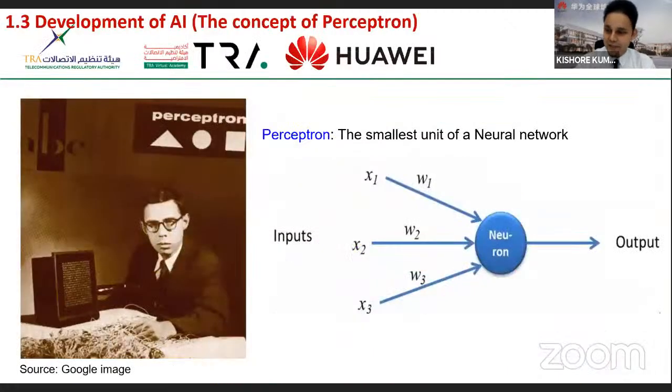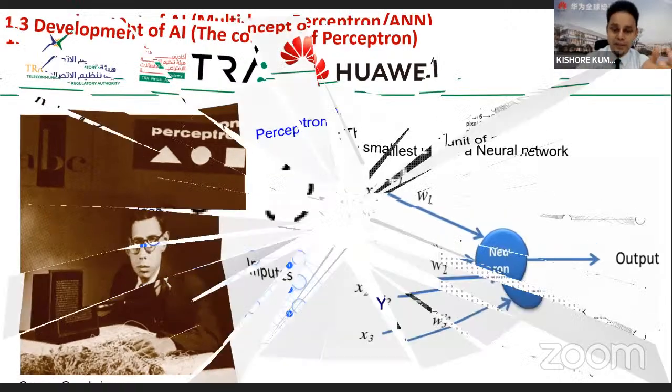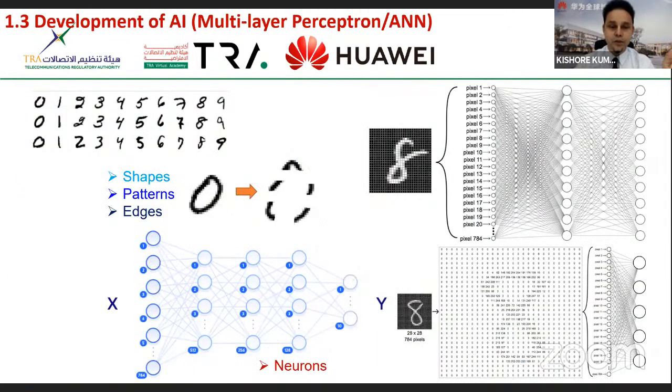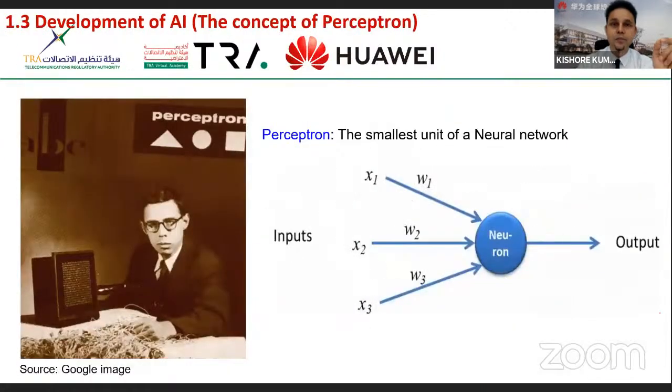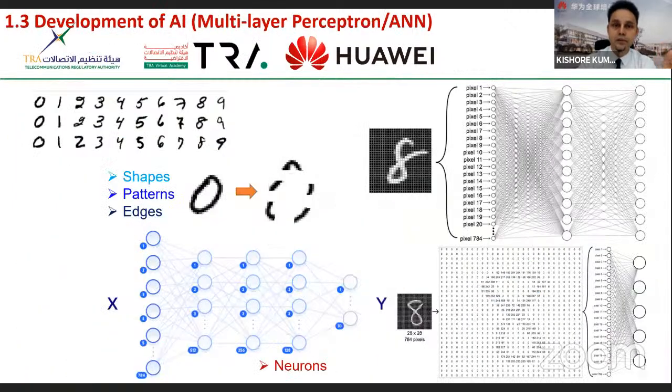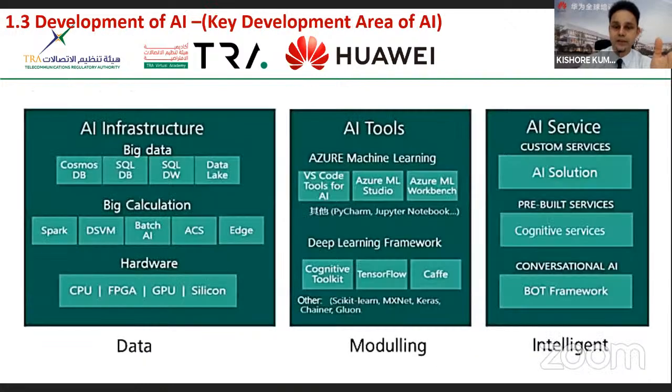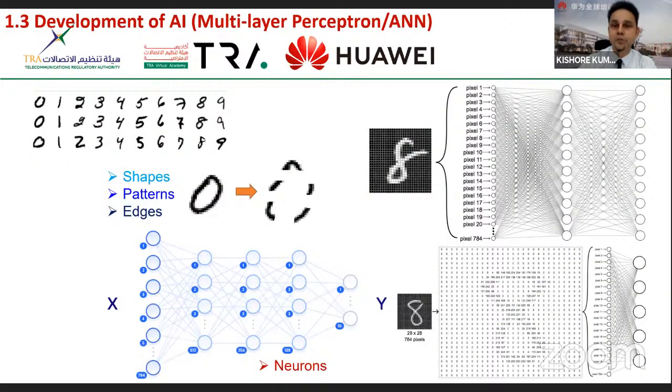All right, how fast time flies. Okay, so here I'm going to just scratch the surface a little bit for this moment. A perceptron, as you can see, is the single smallest unit of a neural network. Now, what is a neural network? A neural network is a way in deep learning to mimic the human brain, to mimic human brain cells and how they compute. And through these different layers and the activation function, we come up with some results.